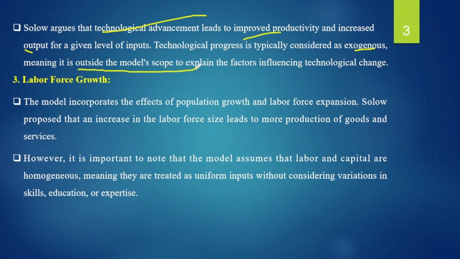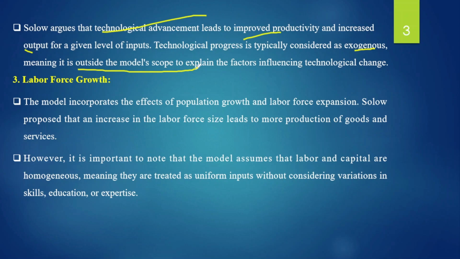Solow proposed that an increase in the labor force size leads to more production of goods and services right ስለዚህ የማህበረሰቡ ቁጥር የህዝብ ቁጥሩ በጨመረ ቁጥር ምንድነው ፕሮዳክሽናችን ትርፋማነታችን ያድጋል ነው የሚለው however it's important to note that model assumes that labor and capital are homogeneous ይህ ሞዴል ምንድነው አስዩም የሚያደርገው labor እና capital ምንላቸው ምንድን መሆን አለባቸው